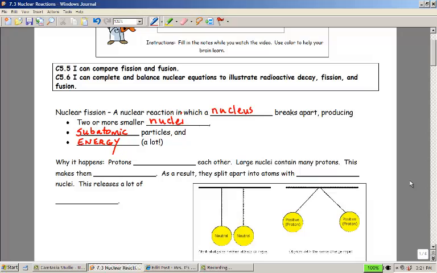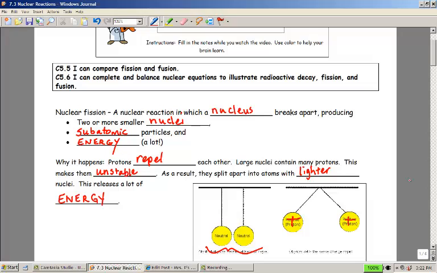Nuclear fission is a nuclear reaction in which a nucleus of an atom breaks apart, producing two or more smaller nuclei, that would mean two different elements, subatomic particles, and energy. This happens because protons repel each other. Remember, protons have the same charge. They're positively charged, and like particles repel each other, unlike neutral particles, which are neither attracted nor repelled by each